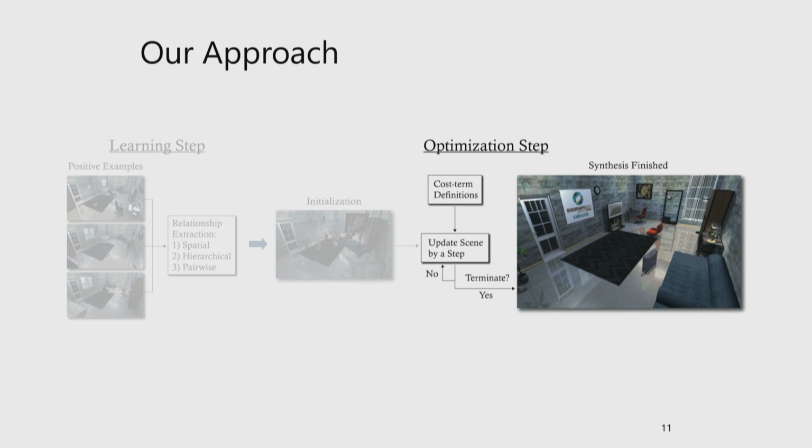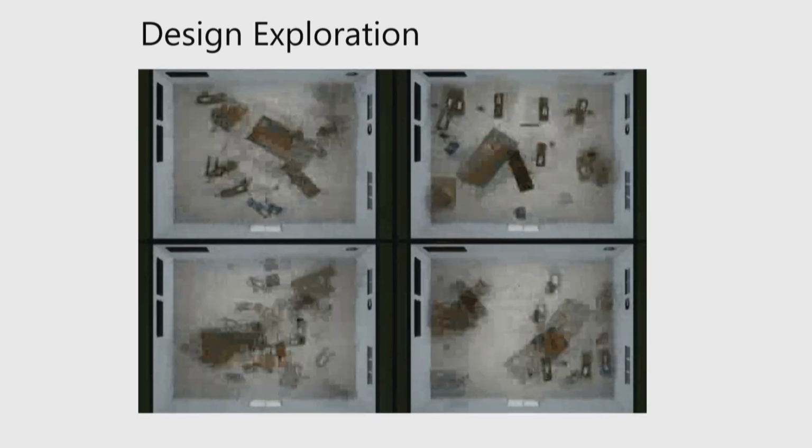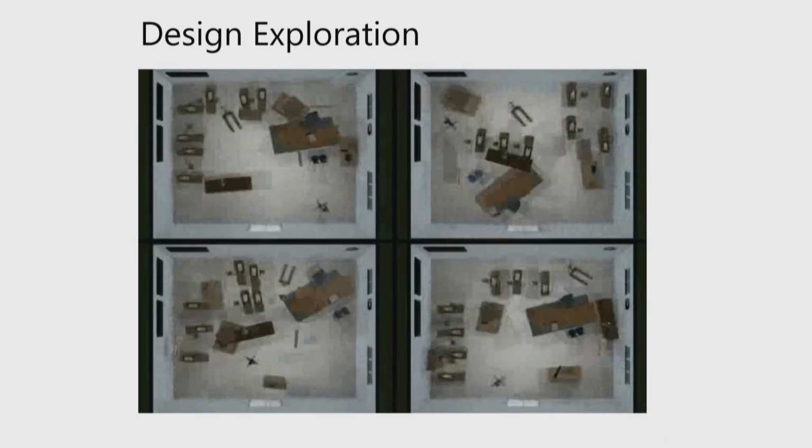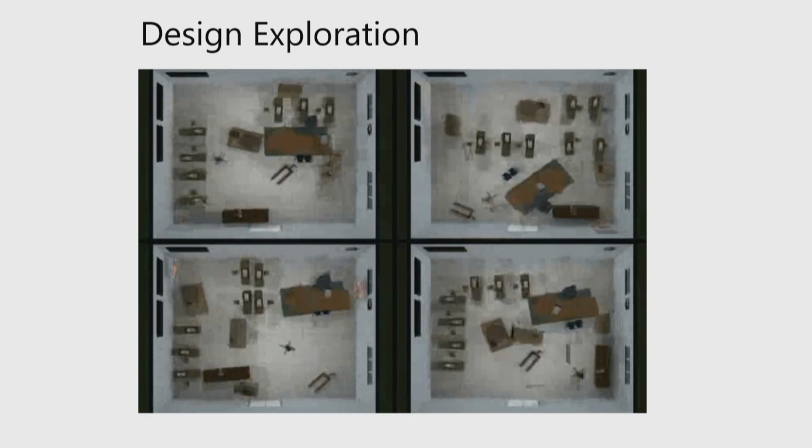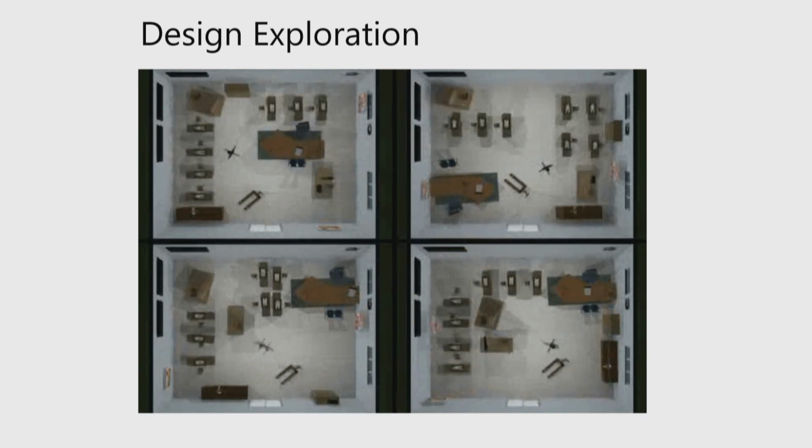If you have some additional considerations you want this interior design to have, for example, you want to ensure there must be a path from this door to that door, right? As long as you can mathematically represent that, you can also incorporate such a consideration into the design framework, and the optimizer will be able to respect that and generate something that has that goal in mind. Again, this is a stochastic process, so you can run the optimization process multiple times to generate multiple rooms.